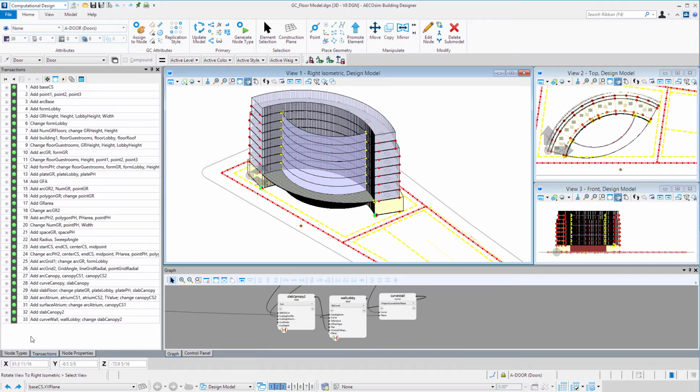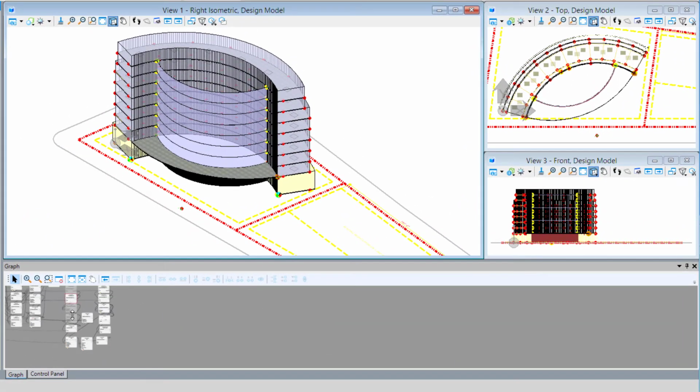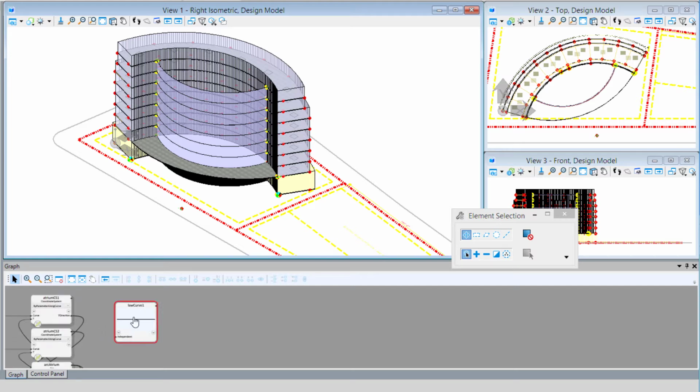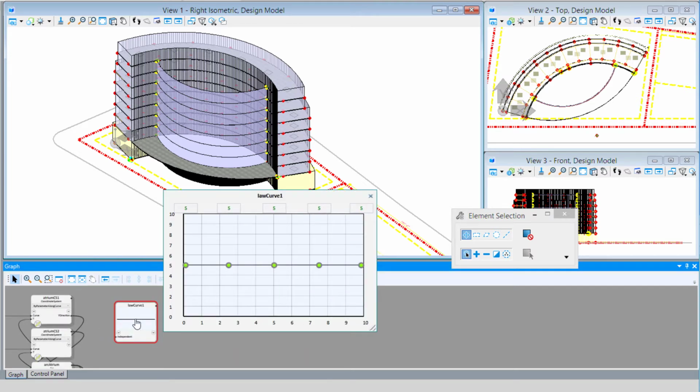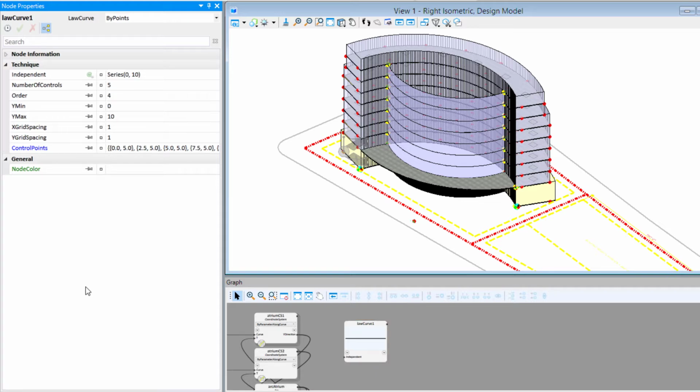So I'm going to go back to my node types, and under the utility nodes, you'll find the law curve node. And I'm going to drag and drop that onto my graph here. And if you click on the node, you'll see it actually creates a graph, has an X and a Y axis. So X is basically the location, and the Y is going to be the actual value that gets assigned as the variable. So we're going to double click on this to open its properties,